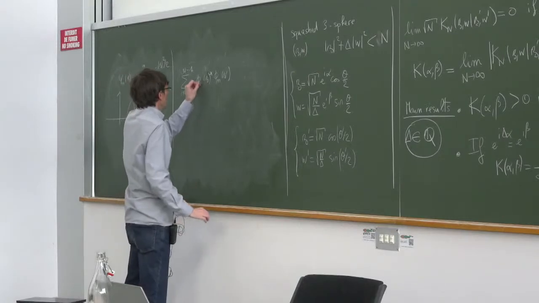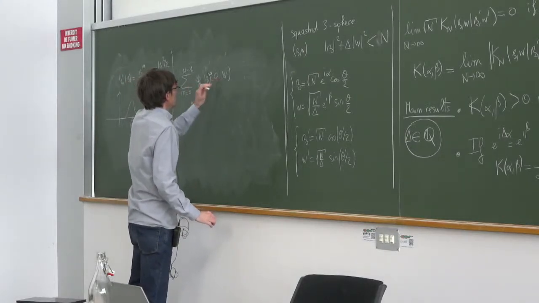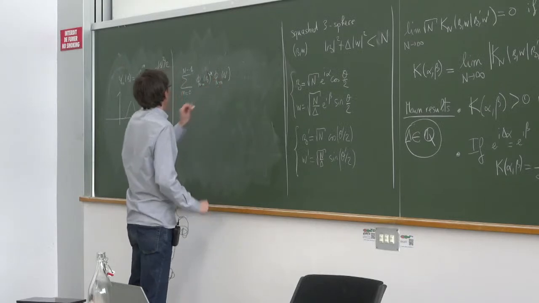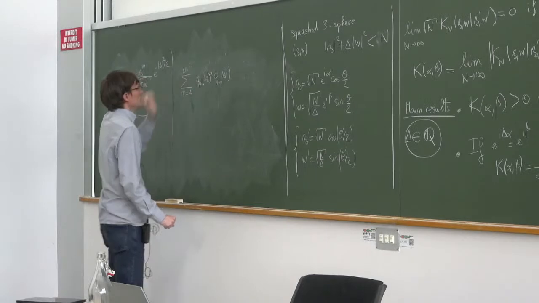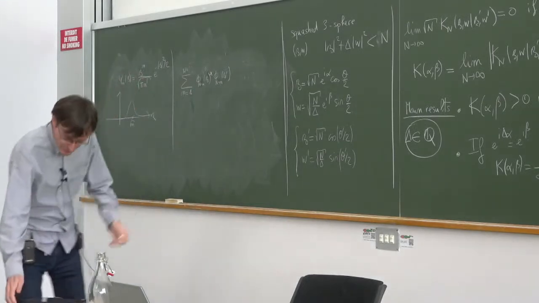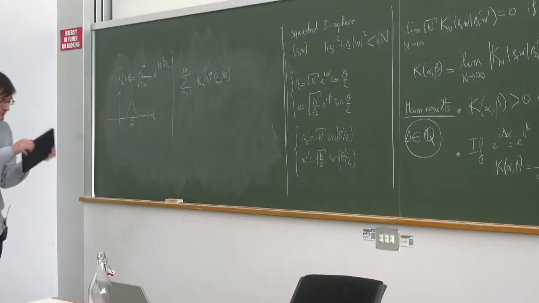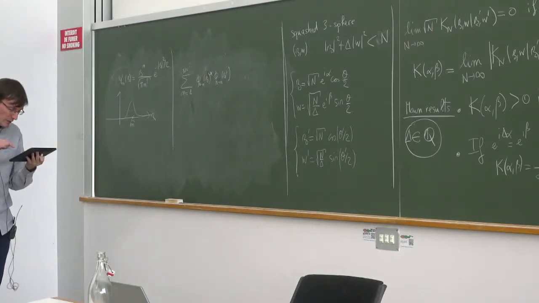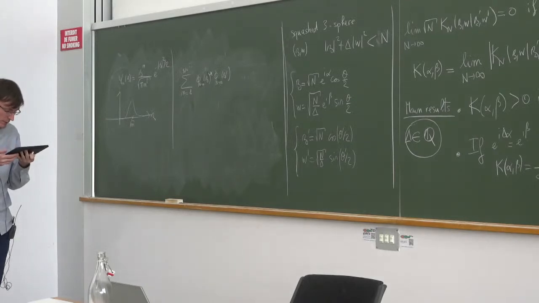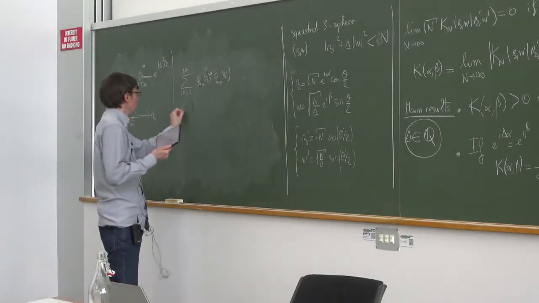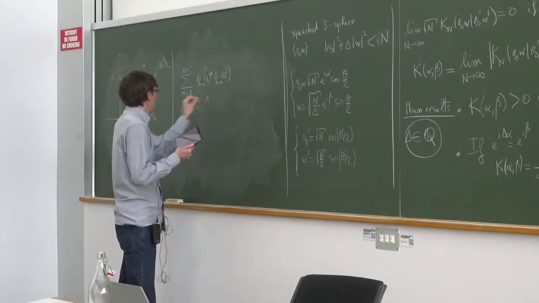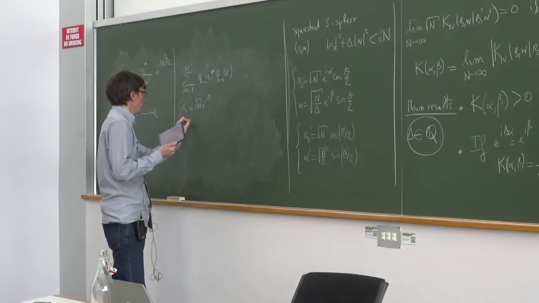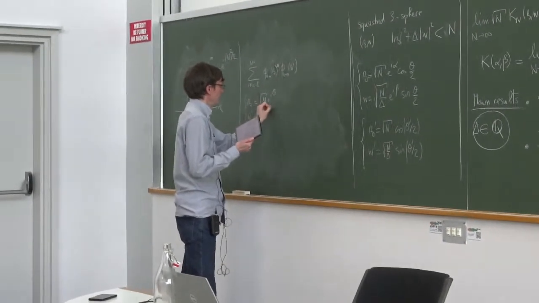So I can do it like this, n minus m. And now I go from 1 to n, so it's the same sum. If I parameterize, let's say, z equals square root of n e to the i theta, z prime equals square root of n e to the i theta prime.